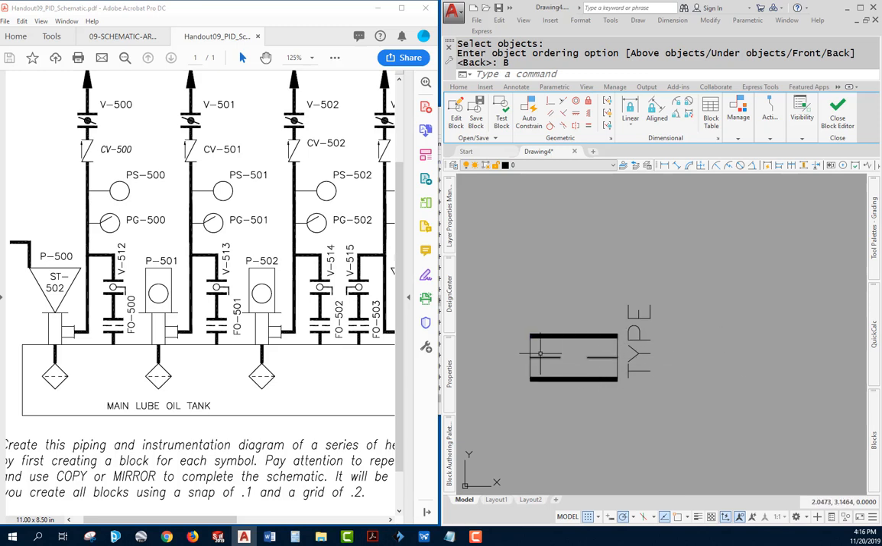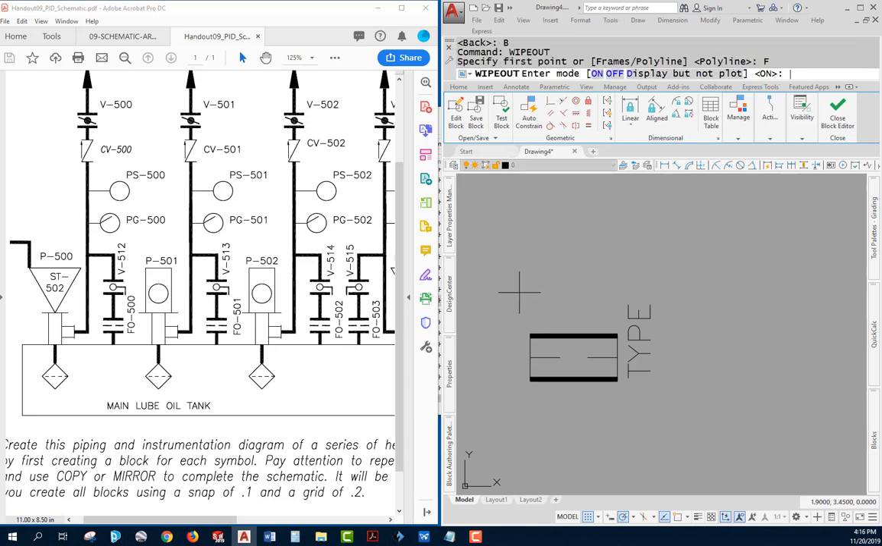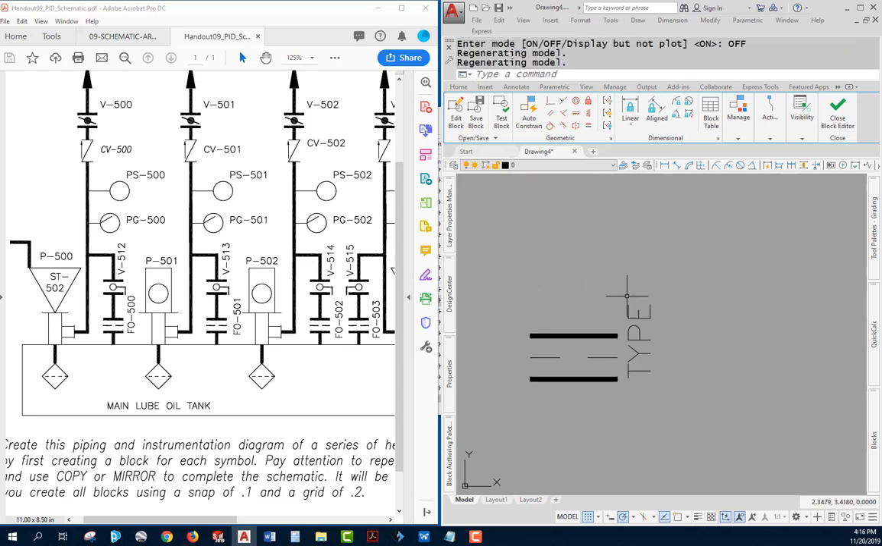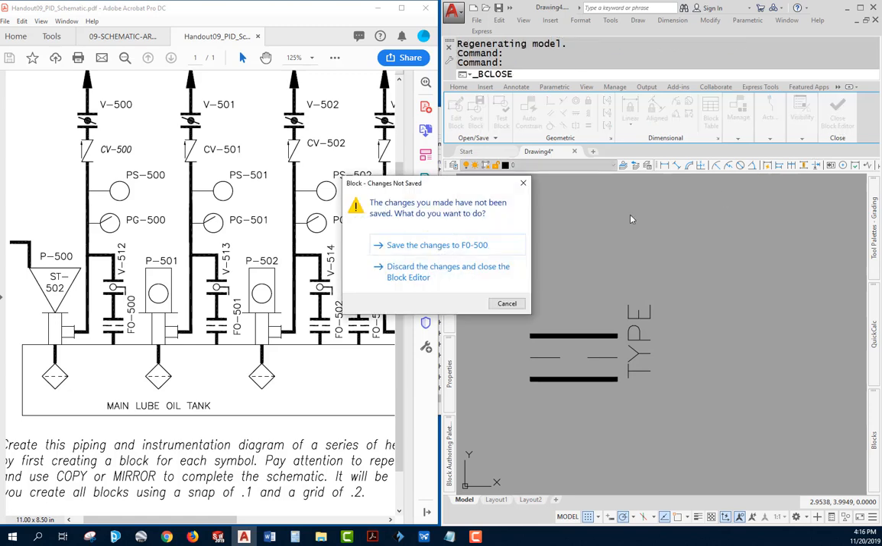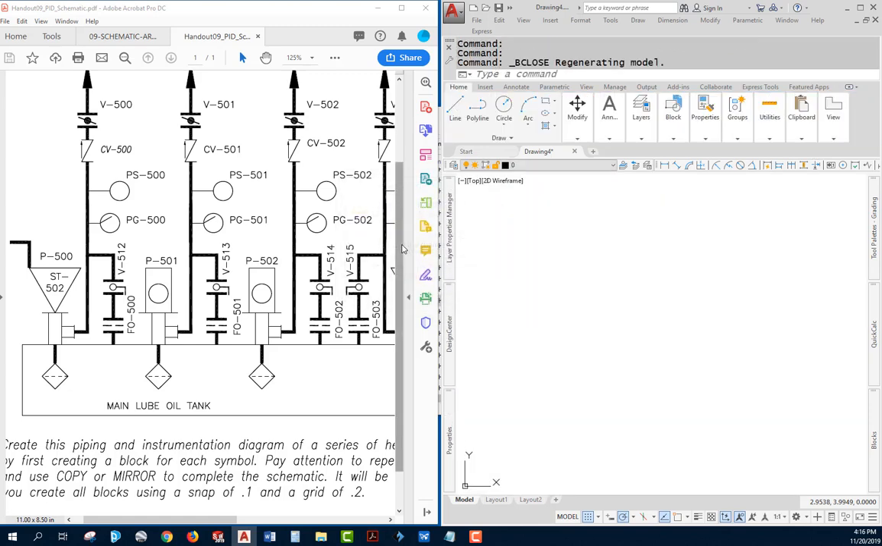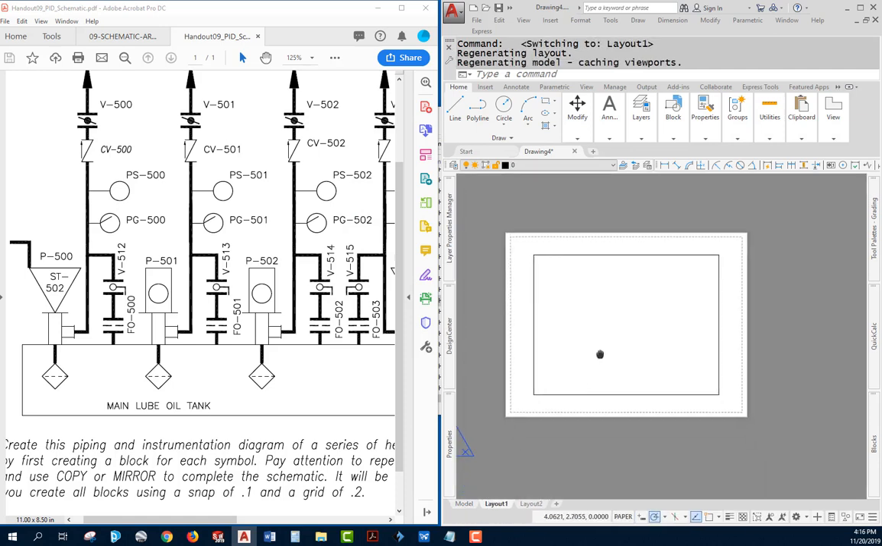I don't want those edges showing because that changes the nature of my symbol. So I'll go back to the wipeout command, and I'm going to say frames should be off. Now I'm going to close my block editor. Save my changes. Now I'm going to go to layout, and I'm going to start by deciding what size sheet